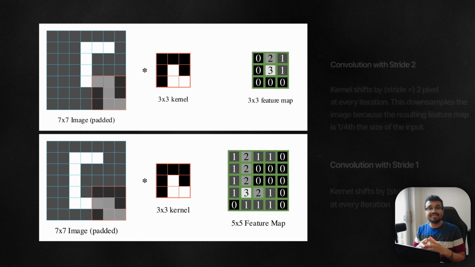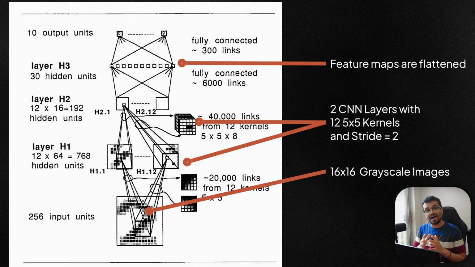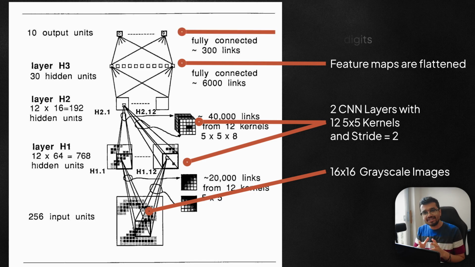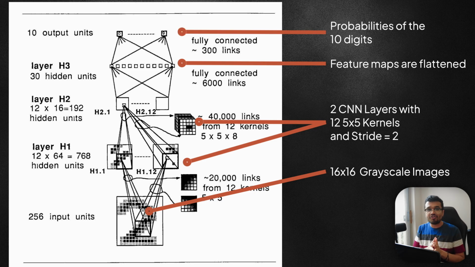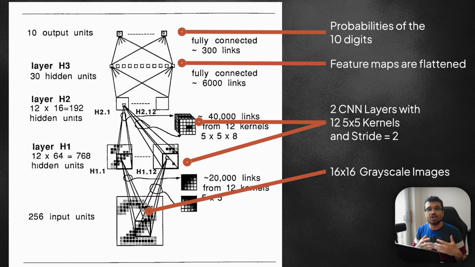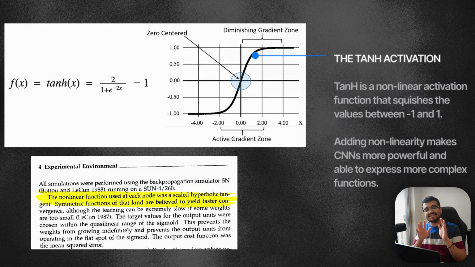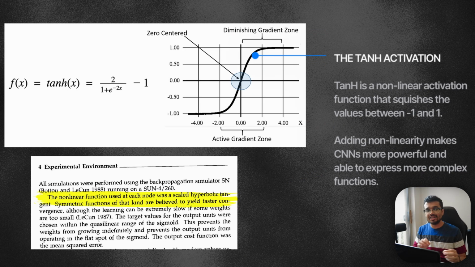After the layers, the output maps are flattened and passed through 2 fully connected neural networks to finally output the probabilities for the 10 digits. Using the softmax cross-entropy loss, the network is then optimized to predict the correct labels for the handwritten digits. After each layer, the tanh nonlinearity is also used, allowing the learned feature maps to be more complex and expressive